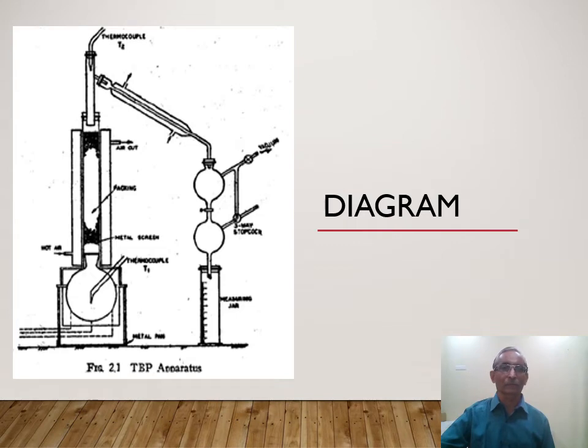To avoid that, you have to maintain T1 and T2, but it is very difficult to maintain. In the automatic apparatus in the refineries, whenever you get the chance to visit a refinery, just go and visit the laboratory. They have automatic distillation units everywhere in the refineries. In our laboratory we perform this experiment manually, so we face difficulty maintaining the temperature T1 and the temperature of the vapor.